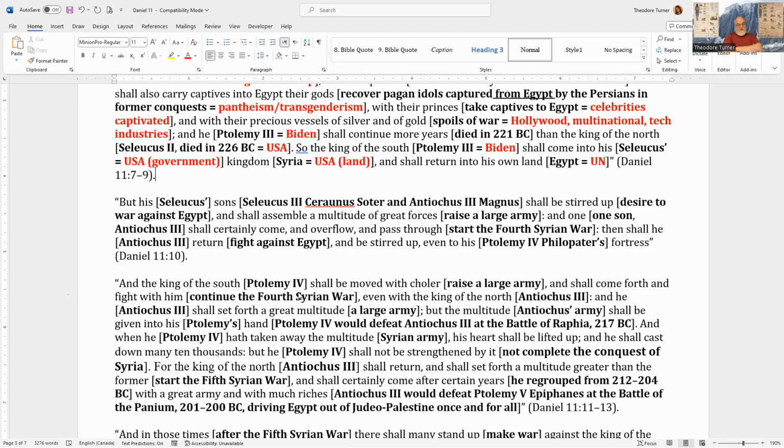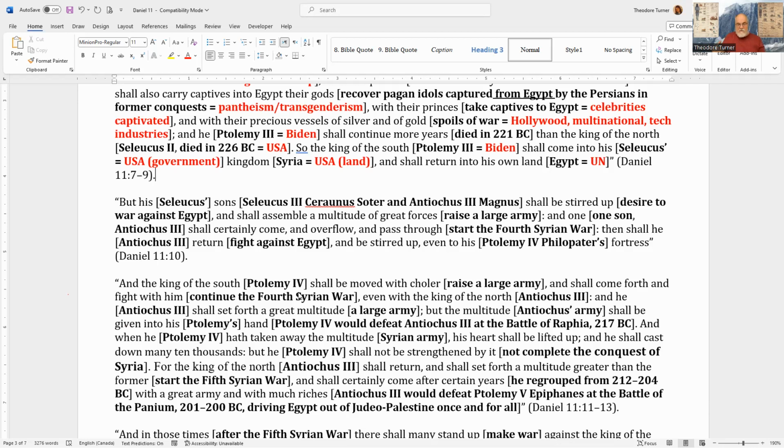So my belief is that Raphia is still future, like on Jeff's line. Like we have had Raphia or types of Raphia. So Raphia is when the king of the south defeats the king of the north. And so these exist typically in our lines, but we know that there is a Battle of Raphia that is applied as a waymark in Jeff's line, which is midnight. And we would say that we're not to midnight yet.